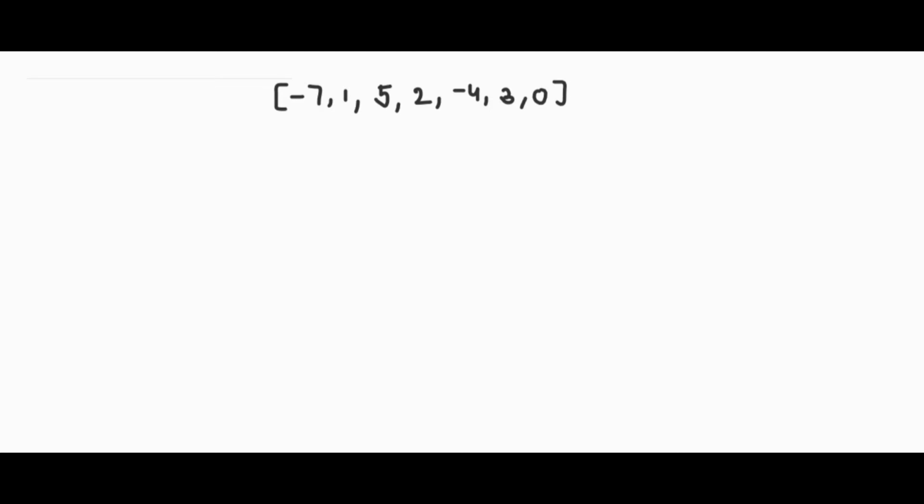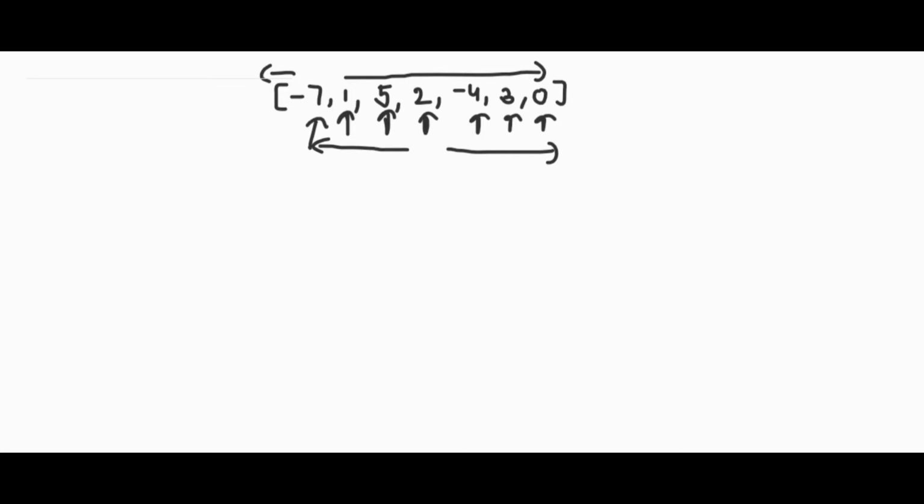In this approach, for every element, let's say we are at index 0, we will traverse the whole array on its right and the whole array on its left. So this will give us the right sum and the left one will give us the left sum, and we have to do this for every element, right? Let's say for 2, we have to traverse all the elements on its right to find the right sum and all the elements on its left to find the left sum.